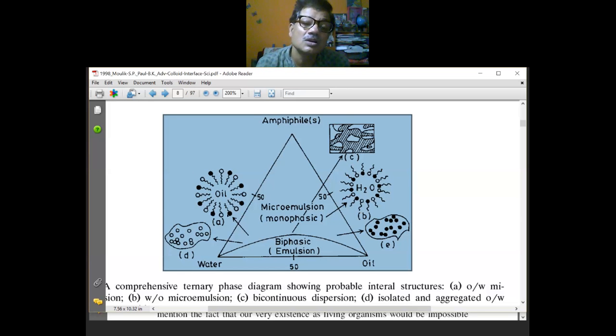Here, I'm extremely sorry, it will be water in oil microemulsion. Here it is water rich zone. So they will form normal micelles. So they are micelles, they are reverse micelles. They are smaller in size. But here when you add water into it, it will become a swollen micelle, and then again it will become bigger. You will get water in oil microemulsion. Here it is swollen reverse micelle, and you will get oil dispersed in water, and you will get oil in water microemulsion.